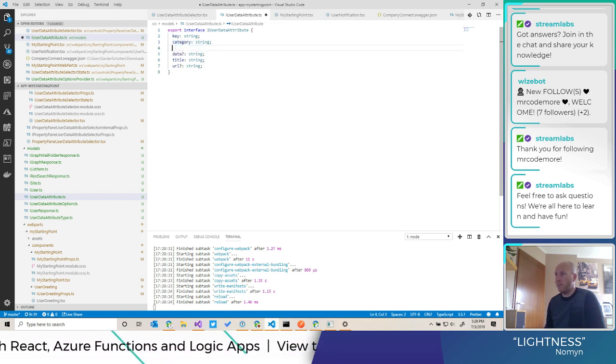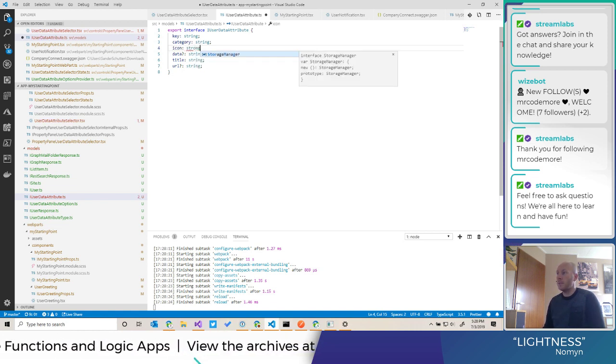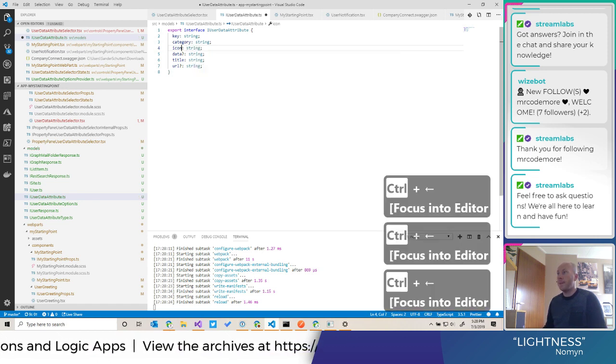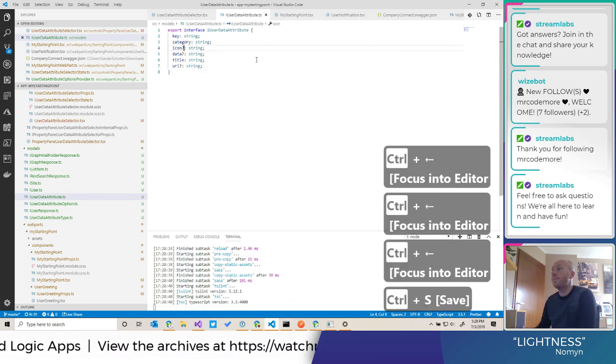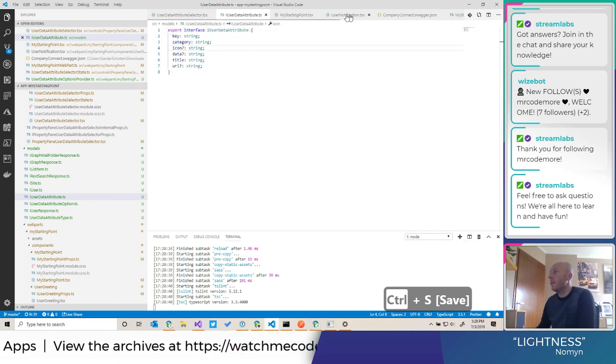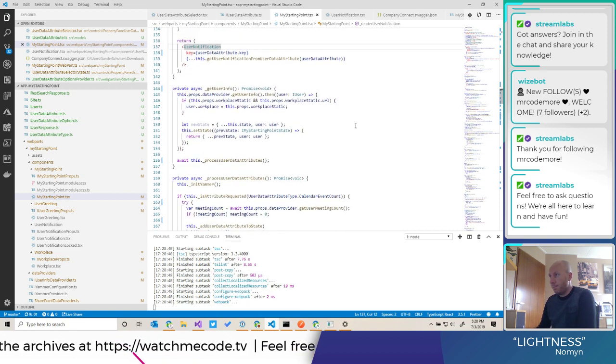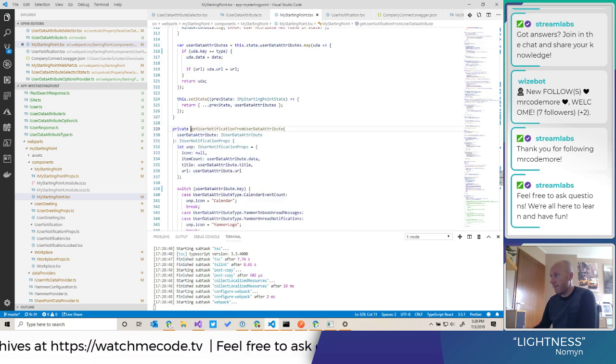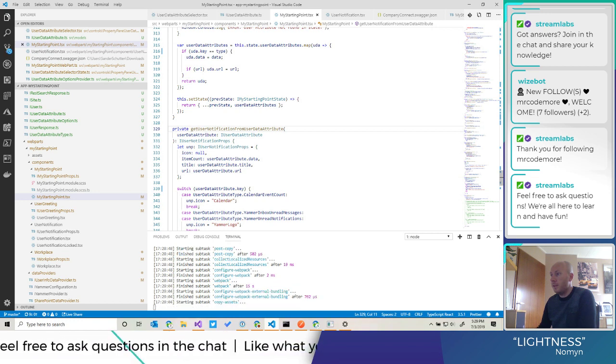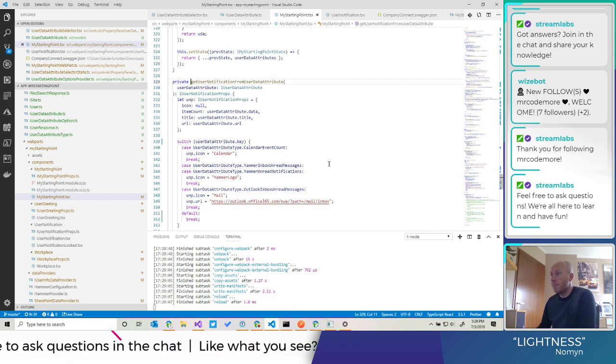Let's do the icon string. String. And it could be nil if someone didn't specify an icon. Here it creates an IUserNotificationProps.